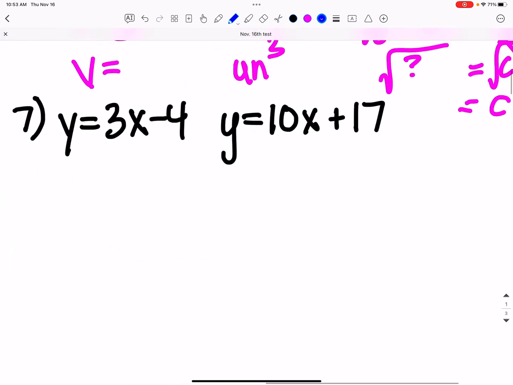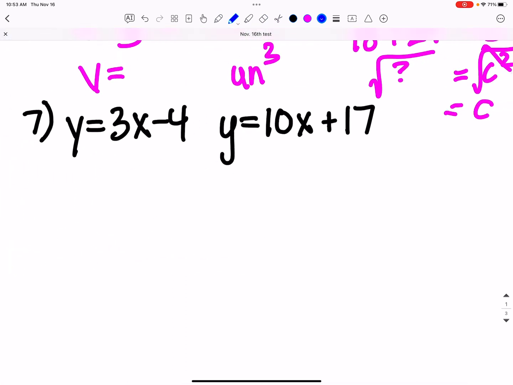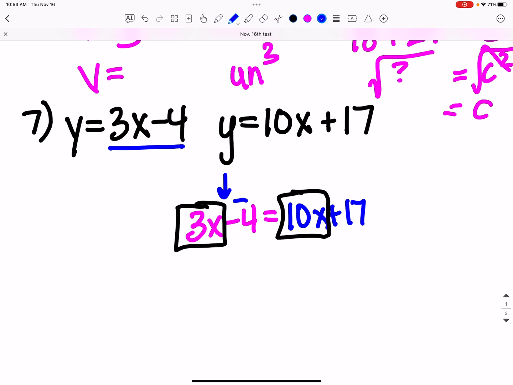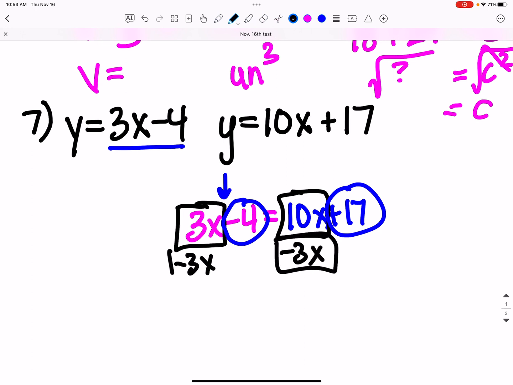All right, substitution. Anywhere I see a y, I can plug in 3x minus 4. So I'm going to take out this y and plug in 3x minus 4 equals 10x plus 17. I'm going to make my teams. I'm going to send this guy, minus 3x, over here with his partner. I've got to get rid of minus 17,